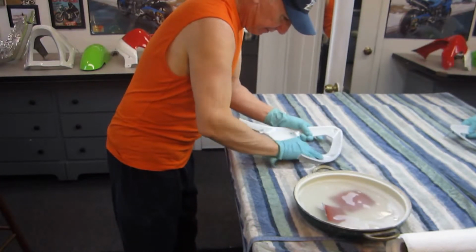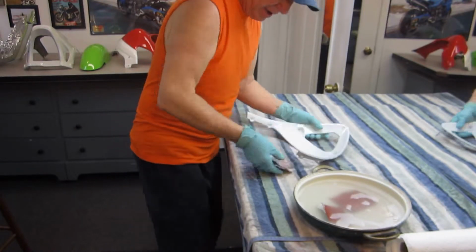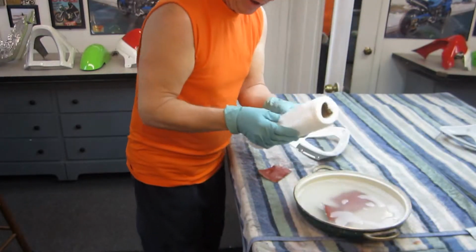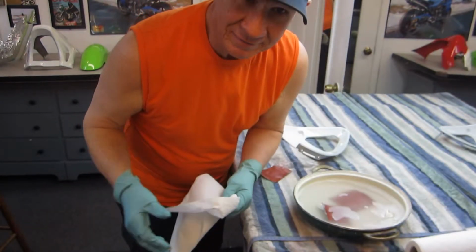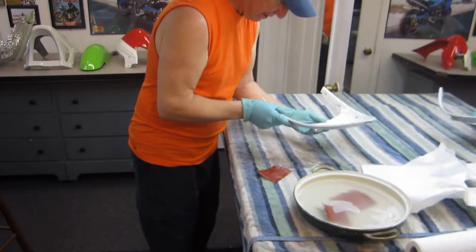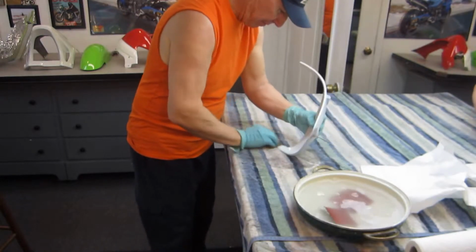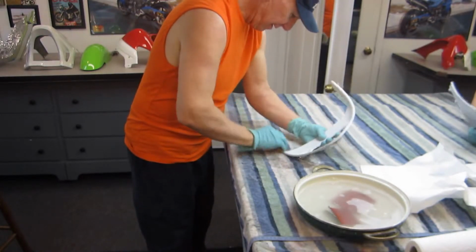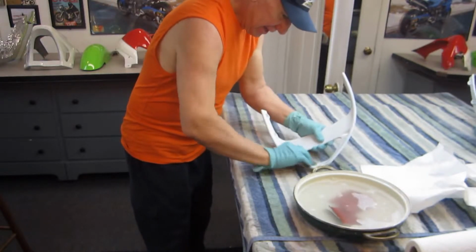I think this is one of the finds that's coming out of this job. And what happens is, every time I do something, this is hard to believe, I learn something. And the more you do, the more you learn, of course. I had never used this type of sandpaper before, but it's really good stuff. And what I'm really going to shoot for tonight is that I can get